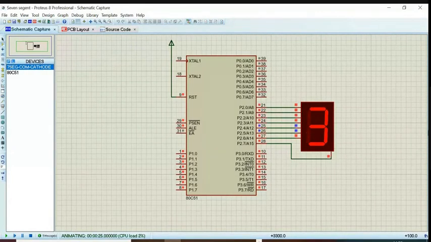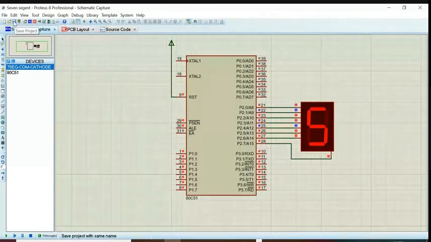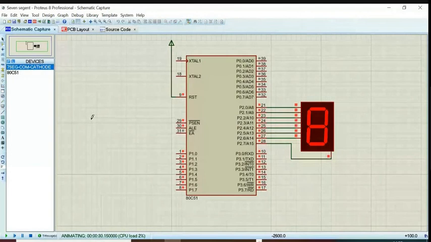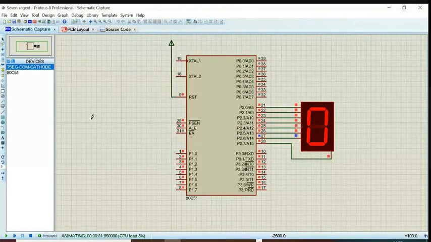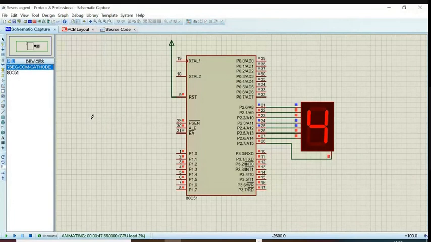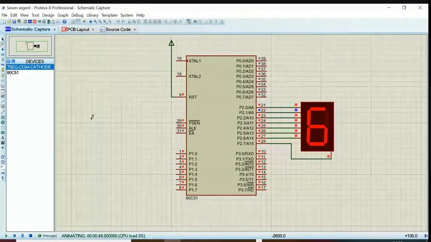Okay. So theory also completed as well as experiments we are completing simultaneously. Interfacing of LCD display, interfacing of 7-segment display, these experiments also we covered. So DC motor interfacing and stepper motor interfacing are left.